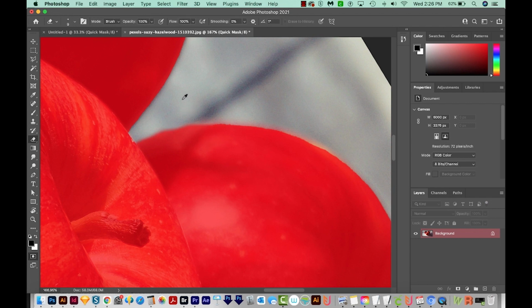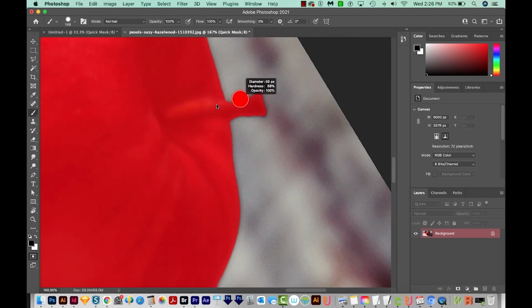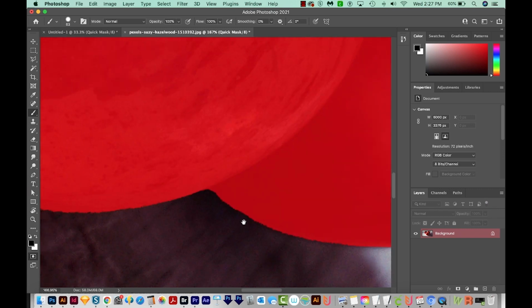I can also hit E to erase parts of it. Okay, that's looking pretty good. I'm going to make my brush a little bit smaller here and just drag across here and paint that little piece on. And then get this part. Looks like I need to delete a little piece here, so I'll make it really small